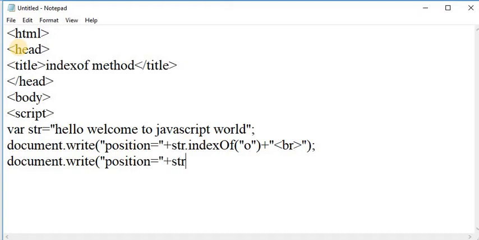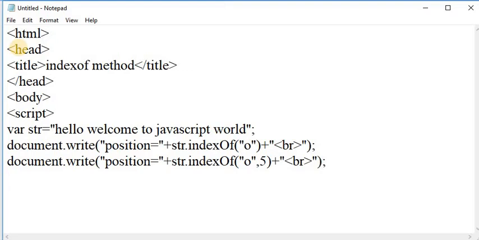Here again str dot indexOf, I am finding the position of O, but it starts from the index value 5. I am passing the index value starting from the 5th position.